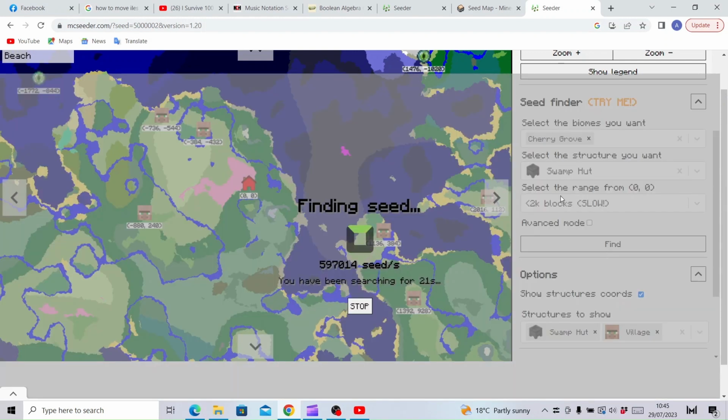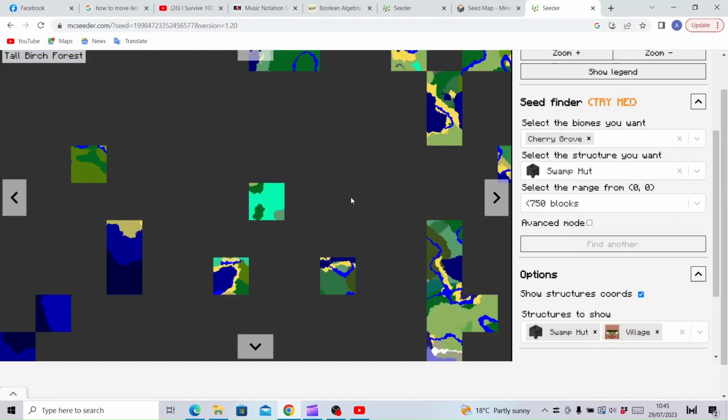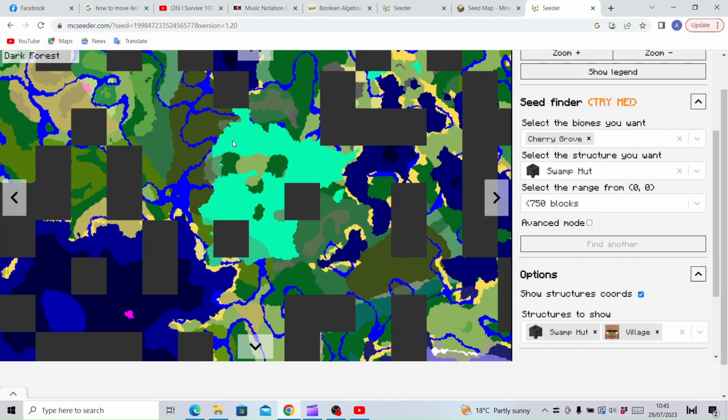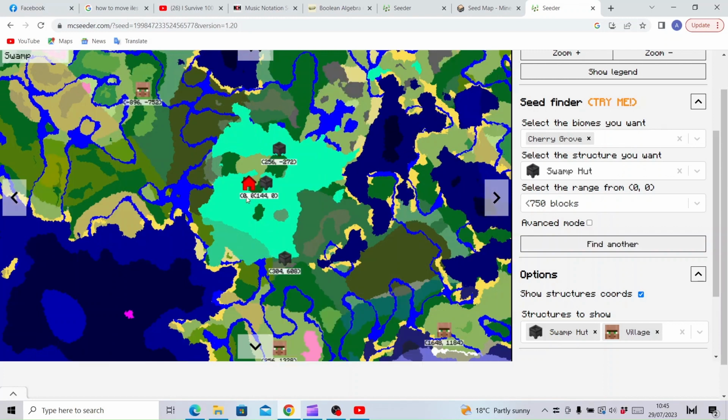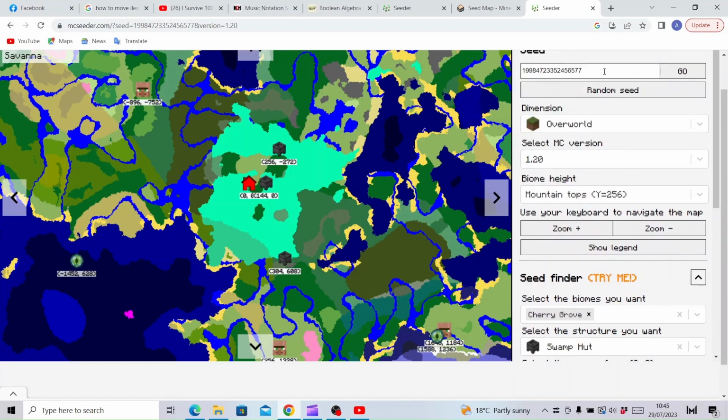So just actually, I don't know, 750 blocks, say. There we are. And so you see that responded much quicker because it was much easier to find. So there we are, we've got swamp huts, and we also have a cherry grove biome over here. That is the perfect seed that I want. So now what I need to do is, it has the seed here, and so if I just head back on into Minecraft,